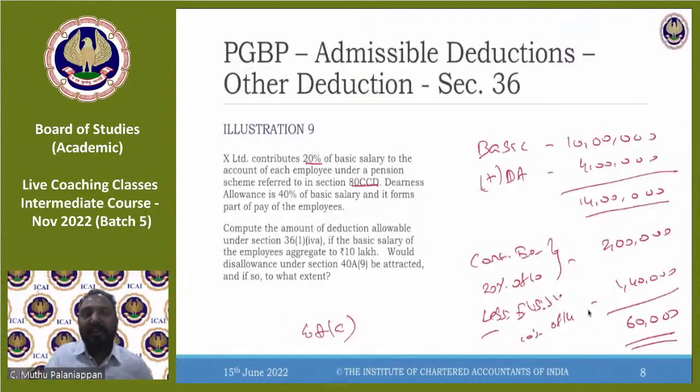Pooja, the question gives only the clauses and it does not actually give you what it is talking about. I guess you will understand more or less from the provision itself. For example, in this provision, the provision itself talks about how much deduction is allowable. Once you see this 20% basic salary, 40% DA, you know that it is going to relate to 80 CCD, which is national pension. It is about 10%. The moment you know what subject it is in some area, for example, 80 CCD is about pension.